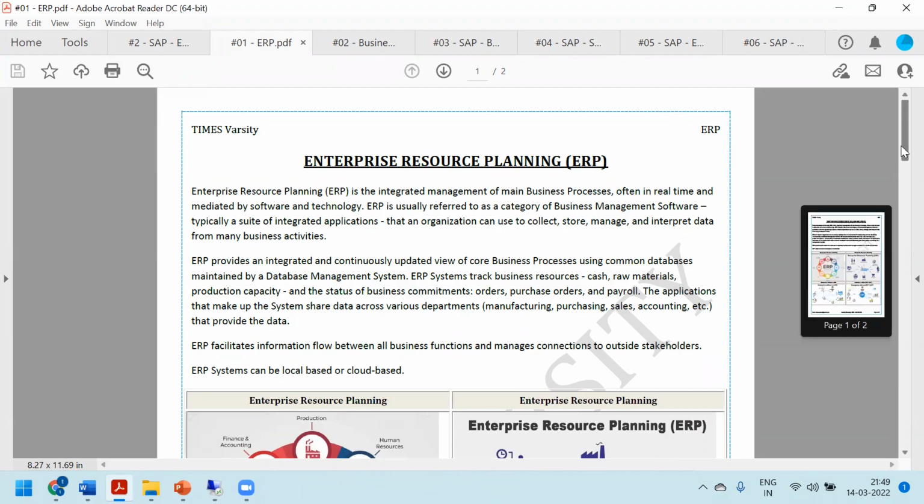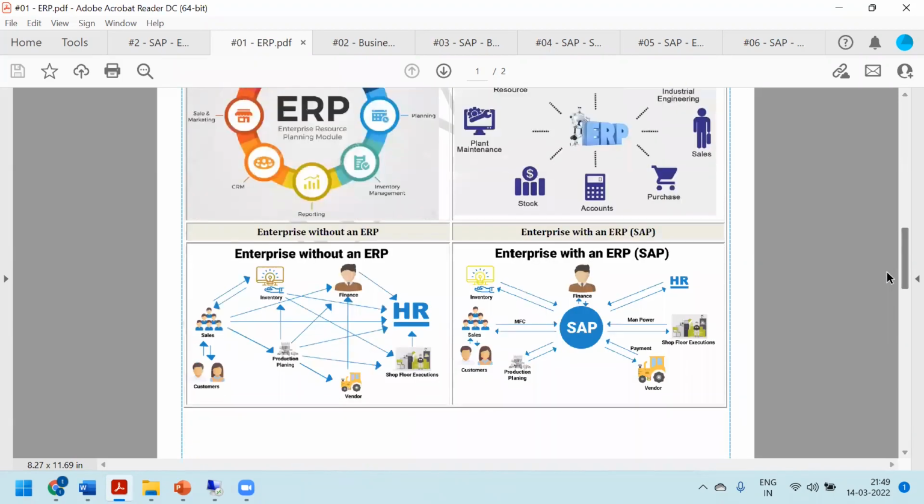For example, let's say you are working for a company, right? And we have different departments, and if these departments are not integrated or connected, then of course the communication between these departments will not flow smoothly.